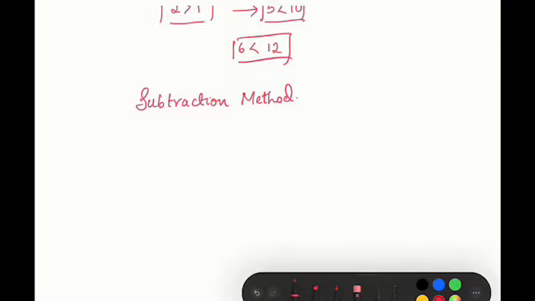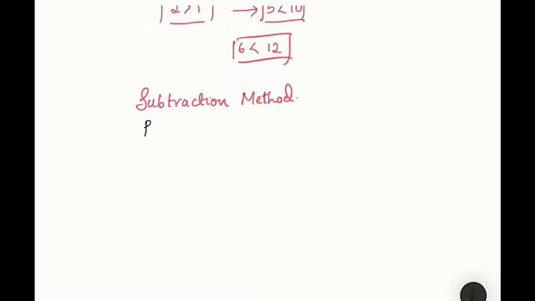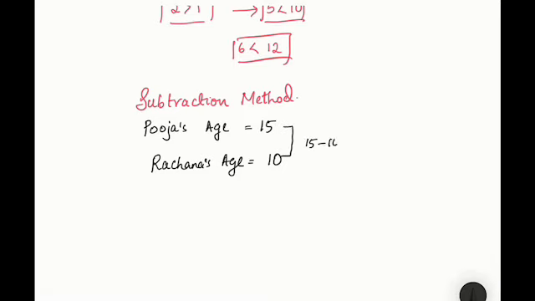Example. Let me consider Pooja's age is 15 and Rachana's age is 10. So, if Pooja's age is 15, Rachana's age is 10, how can I compare them? Here we can use the subtraction method. I can do 15 minus 10. So what do I get here? 5. So I can clearly compare and tell Pooja is